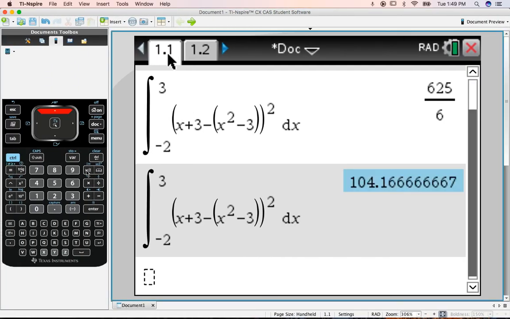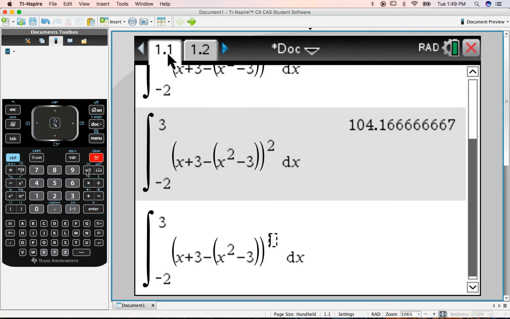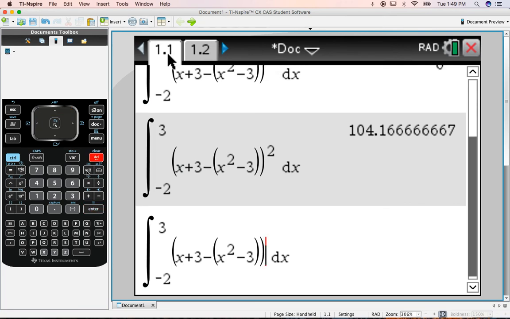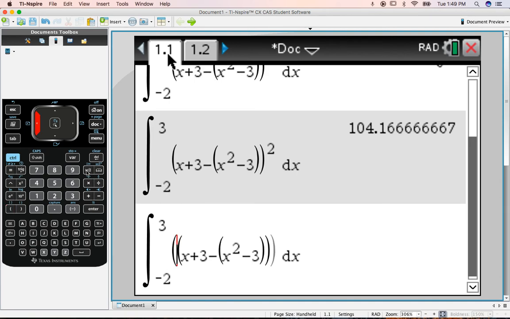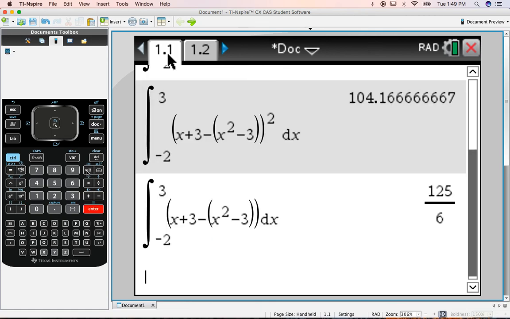So I can just go up, grab my previous one that I typed in, scroll back and click out or subtract that squared piece. Now you notice it kind of disappeared these parentheses, and the reason why is because there's just an understood positive that exists right here where the cursor is blinking, and it knows it doesn't need it. So it simplified it out from the previous problem. No worries, there's my answer right there. So 125 over 6